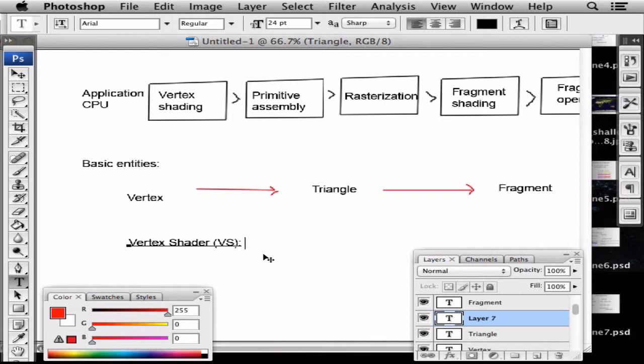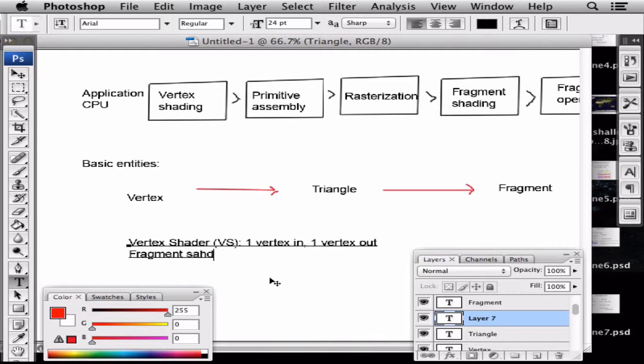So what a vertex shader is, it takes a single vertex as input, and it calculates another vertex as output. That's all it does. It just takes some vertex as input. That's maybe a vertex that's defined in some model space somewhere, and it transforms that vertex, and it also works on the attributes, calculates maybe some more attributes, but essentially it just converts one vertex into another vertex.